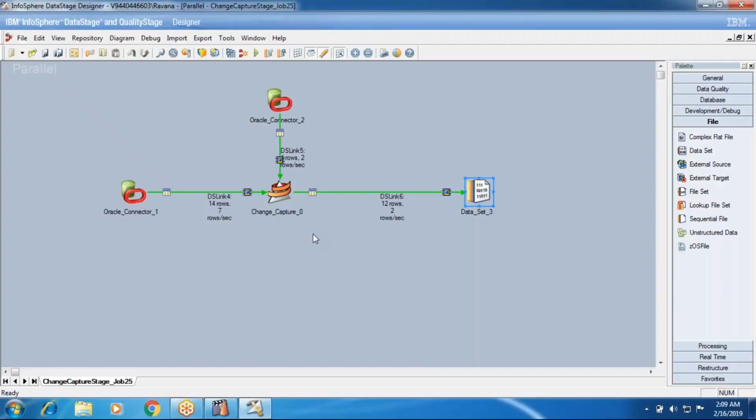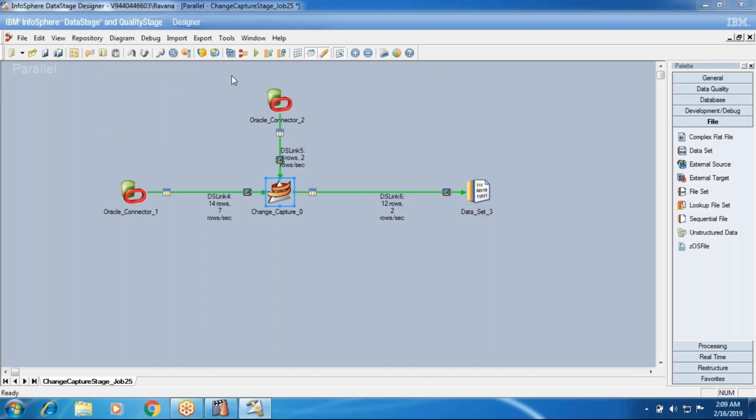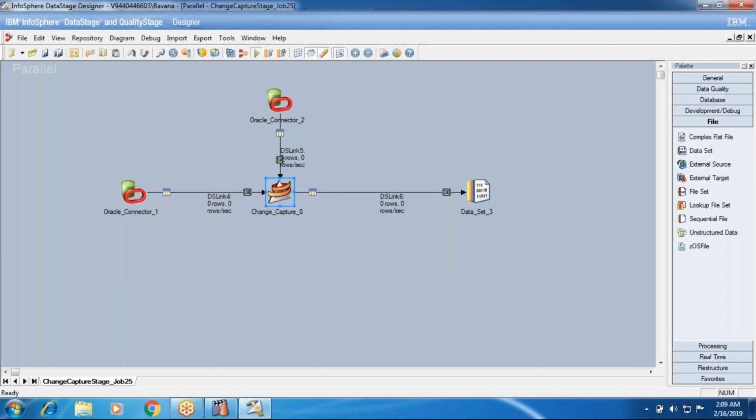I'll make one change. For drop output for copy, I'll put false, and then I'll run. Now we'll see. This might help us understand what values we are getting properly to the target. I got a total of 15 records.